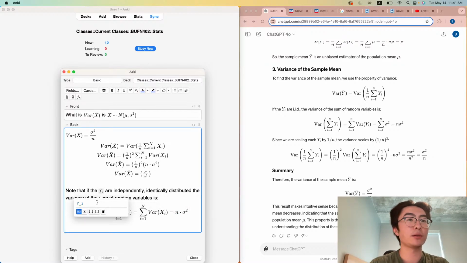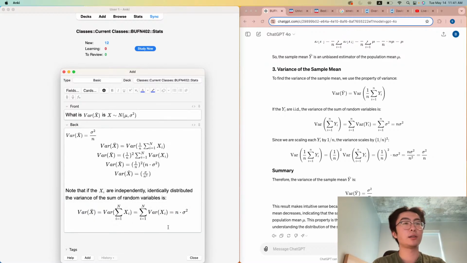Alright, so I'm gonna replace this with xi here. Nice. So variance of the sample mean,